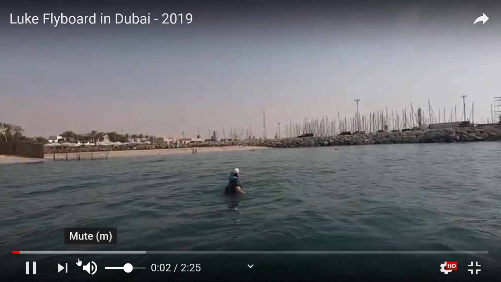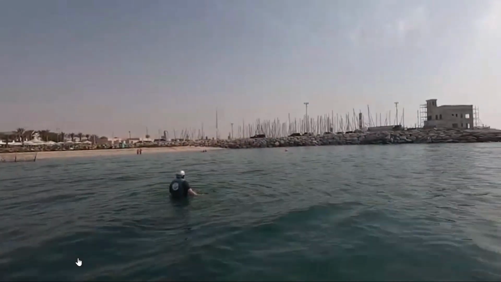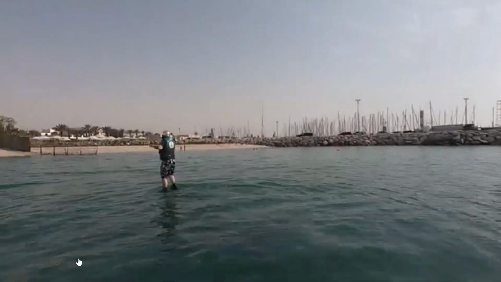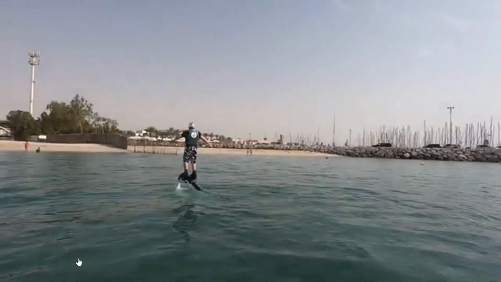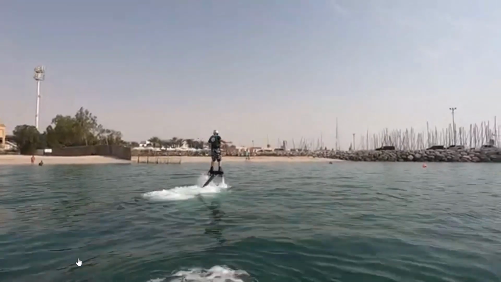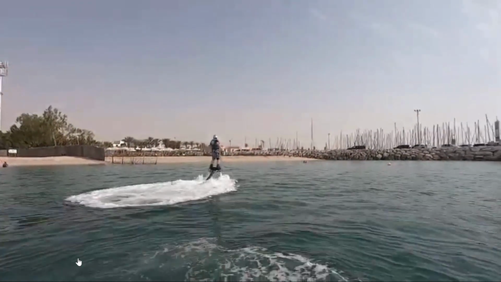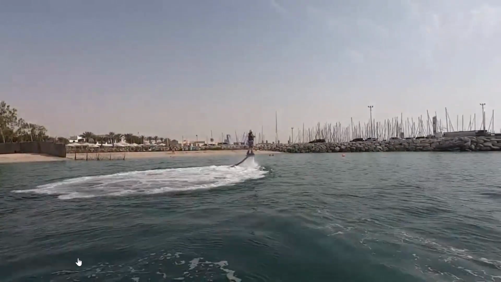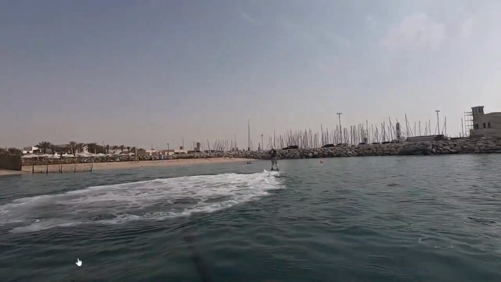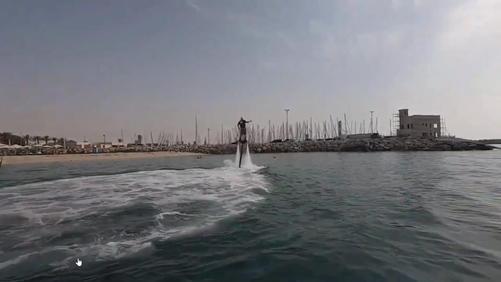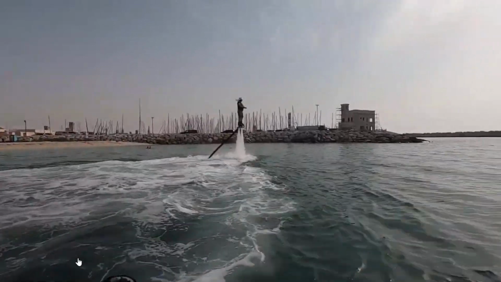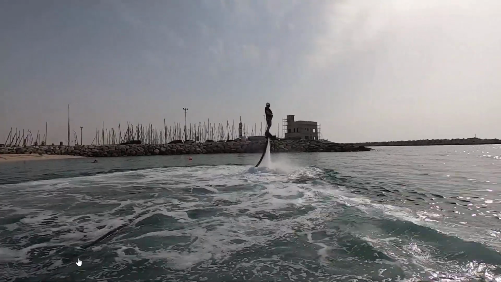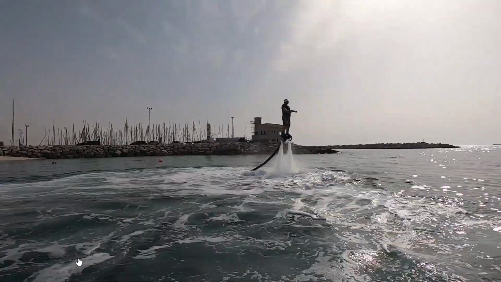I'll narrate. This is my brother. This is when he and I went to Dubai in June, and we went to a place where they strap you into these boots and then connected to like a wave runner by a long flexible pipe are these jet boots. My brother got up right away. This is after I fell over continuously for like 20 minutes, and he stood up on his first try like a natural. So, but he's fat though,